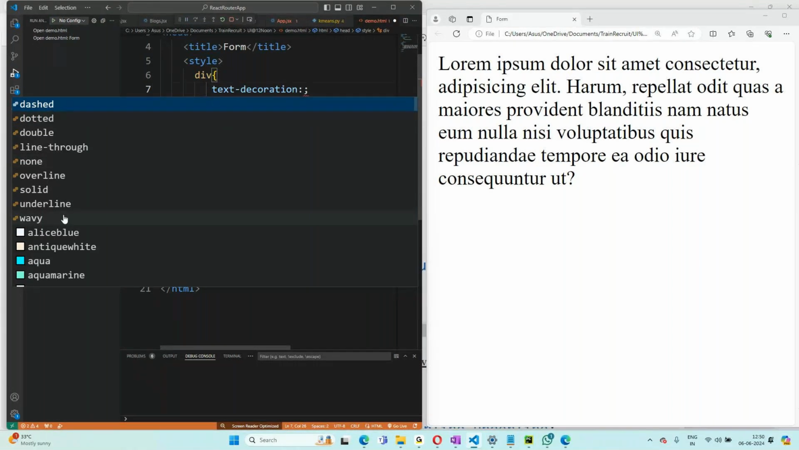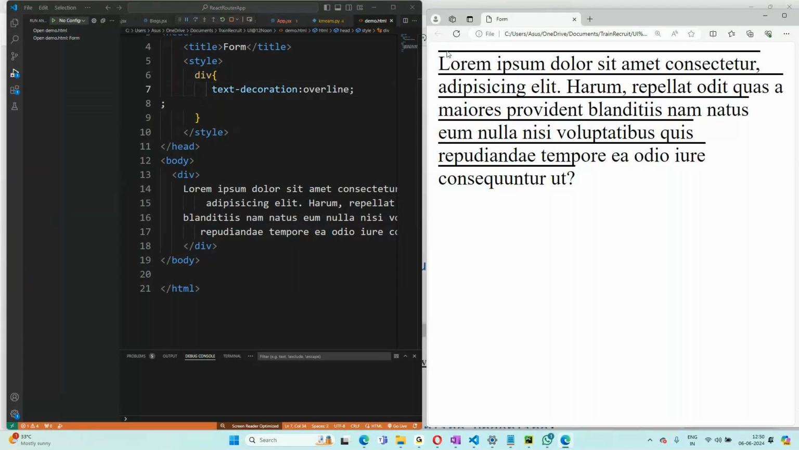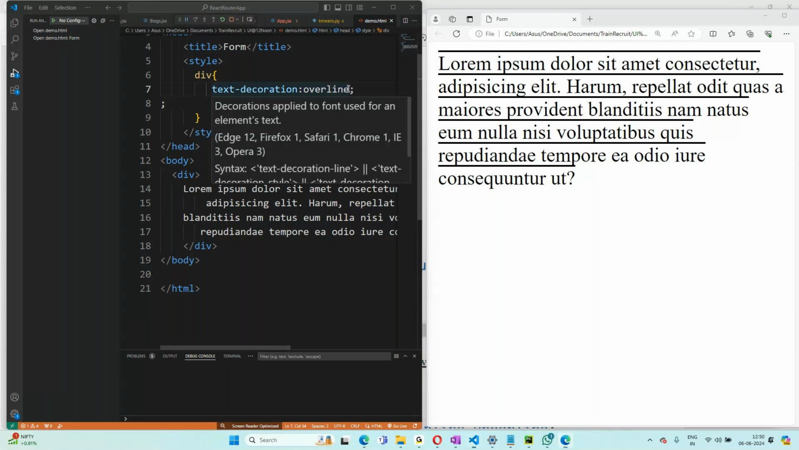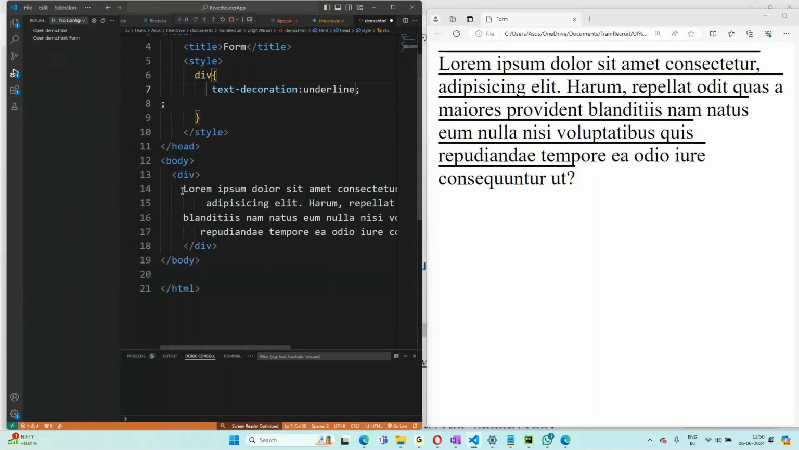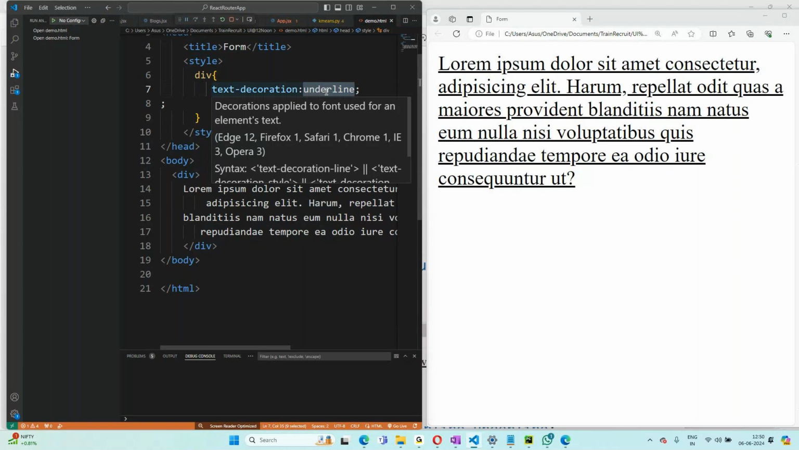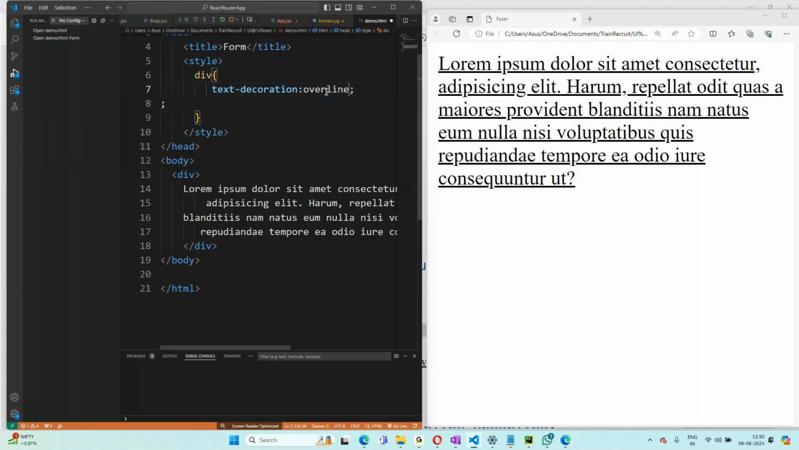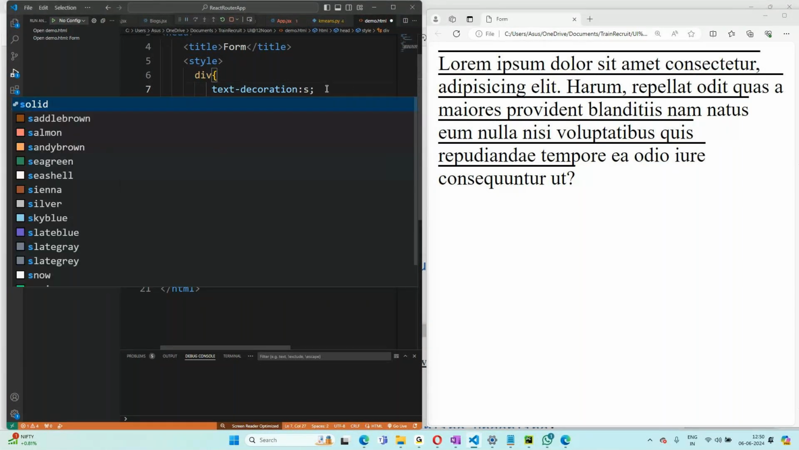Overline. Overline means over the line. If you want underline, you can get the underline also. So like this. If you are going for the overline, you are getting overline, you are getting underline, and then you are having something like